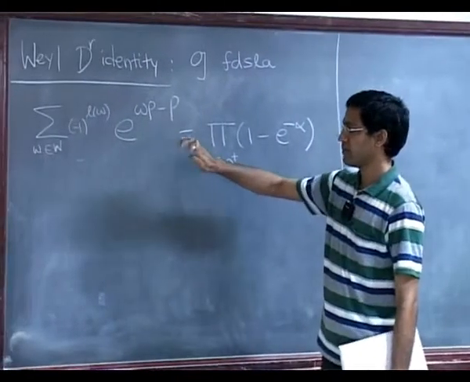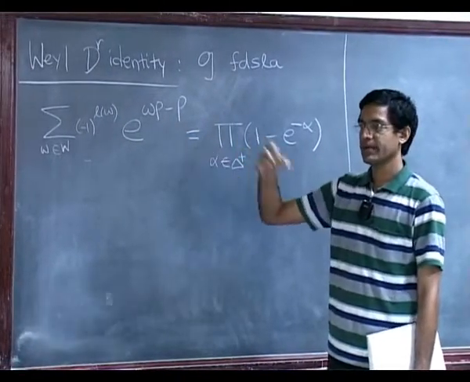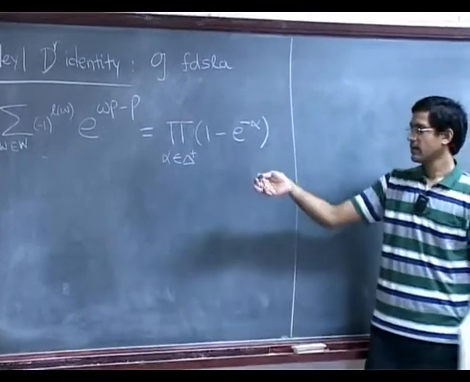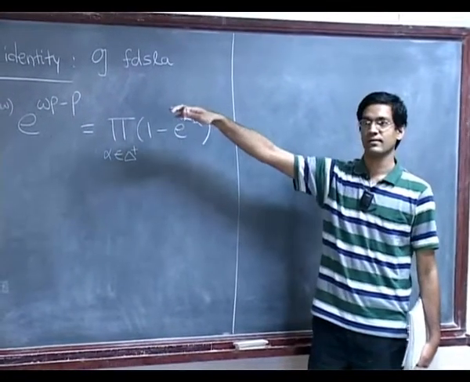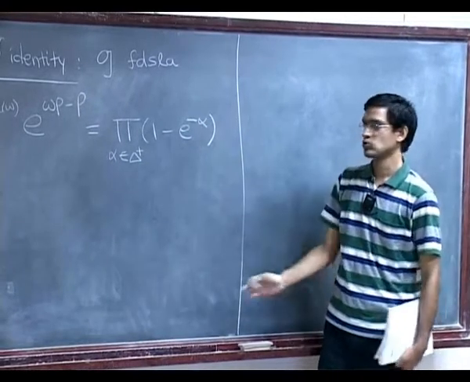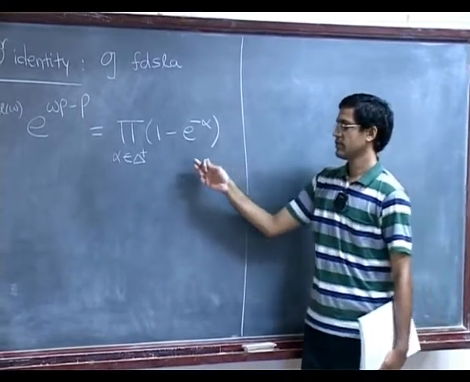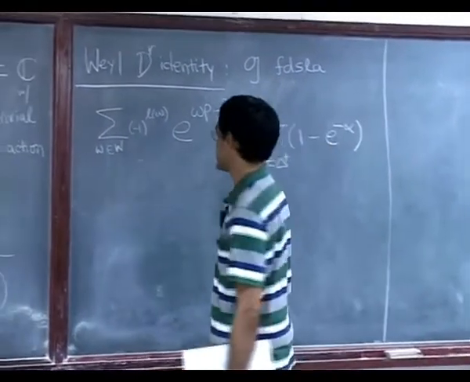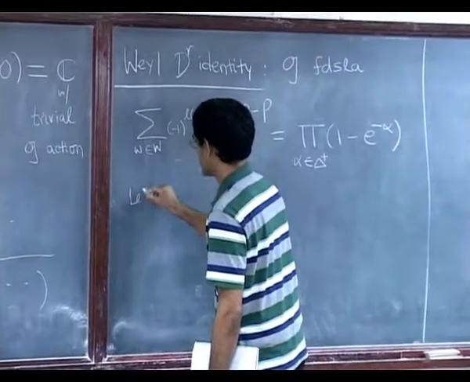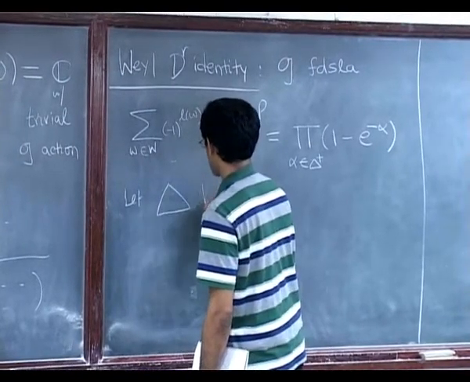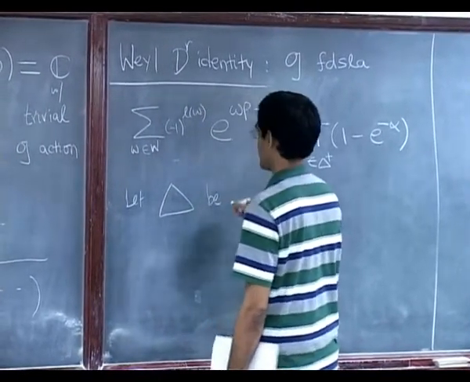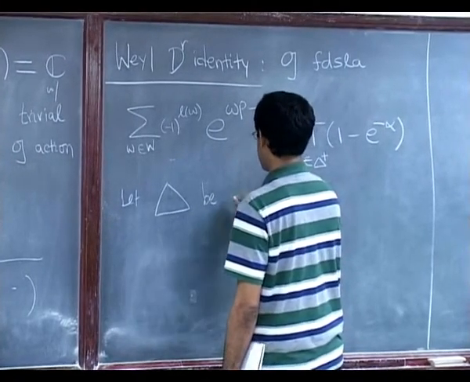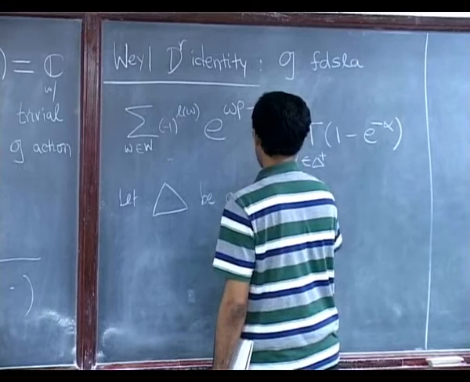You could make sense out of this one step earlier if you were only worried about root systems. For example, right after all that stuff we did in the first week about root systems, we can at least formulate this. So how would you formulate this in terms of a root system? Let's take a root system delta. Instead of R, now we use delta to be in sync with the Lie algebra notation. Let delta be a root system, let's say a reduced root system.